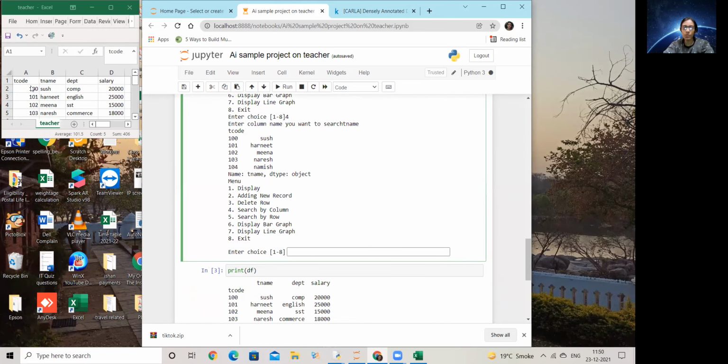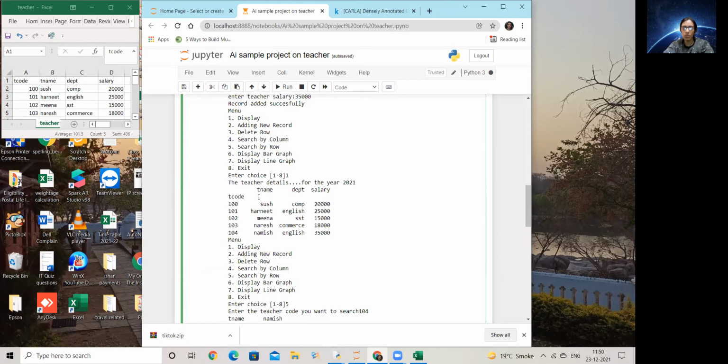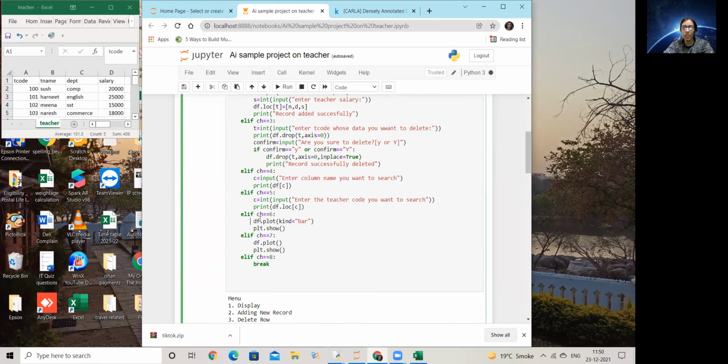Now, in my case, what should happen with this bar graph code? I would have 100, 101, 102, 103 as my x-axis values, and my y-axis values will be the salary values. Color by default for a bar in pandas is blue.